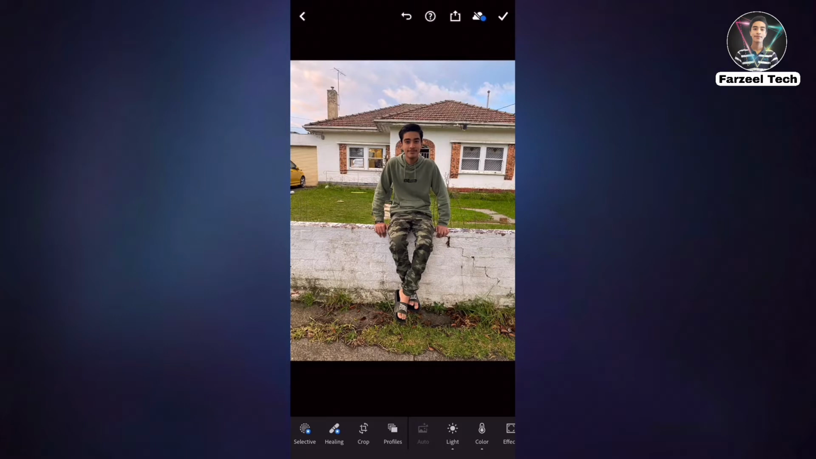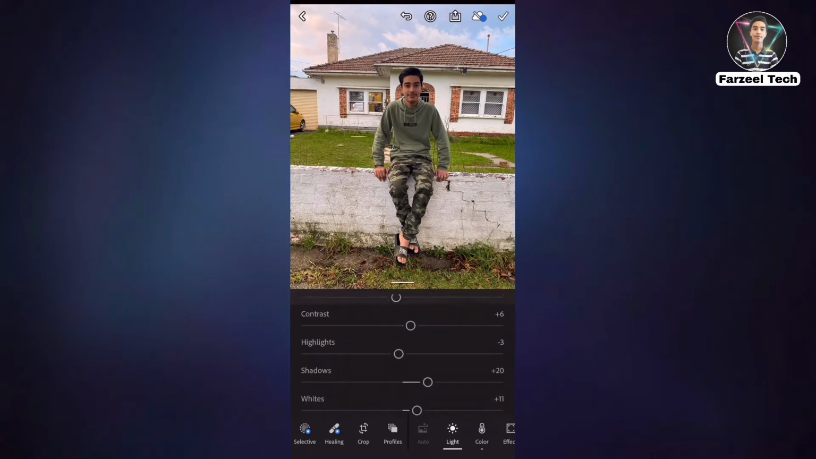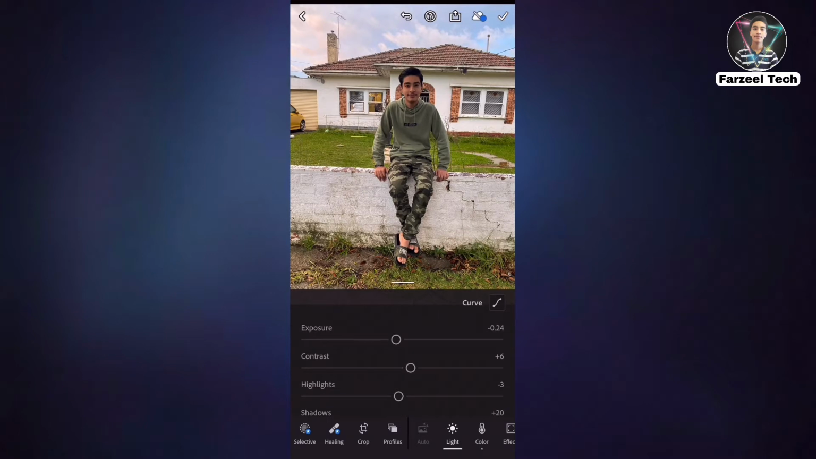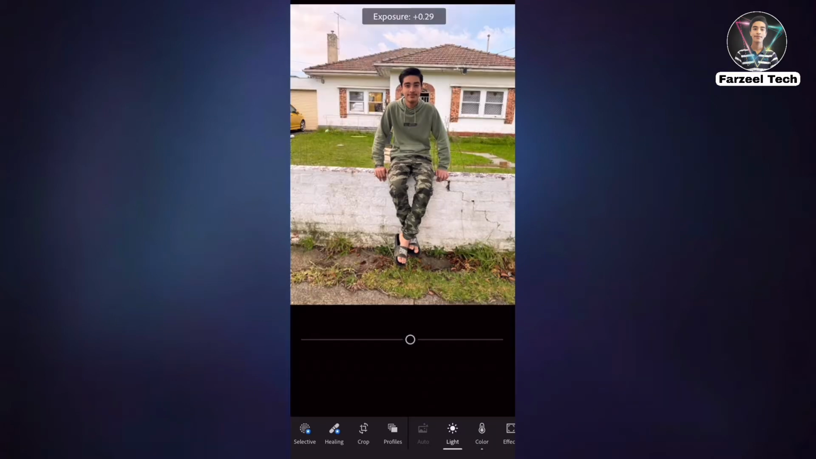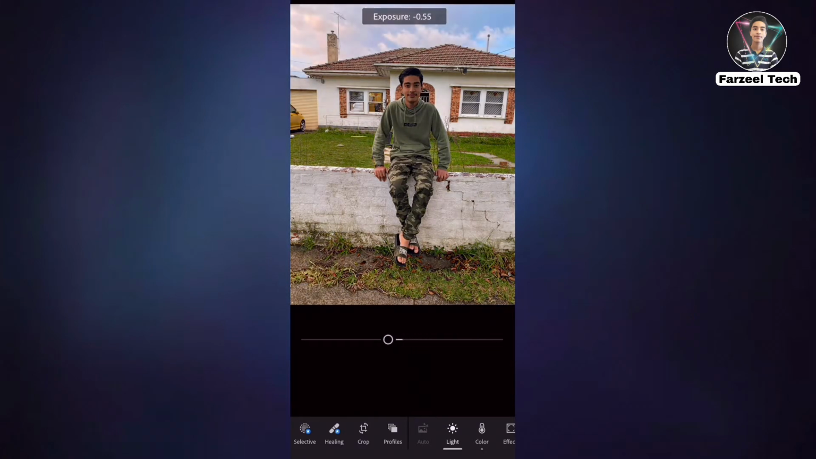So the first thing you want to do is tap on light. Now you'll get some options like exposure, contrast, highlights, shadows, and so on. First we have exposure, so let me explain exposure. Exposure is like the lighting of your photo. If you increase the exposure, your photo will be really bright, and if you decrease the exposure, it will be kind of dark. In my case I need to increase it, so I'll just increase the exposure by around